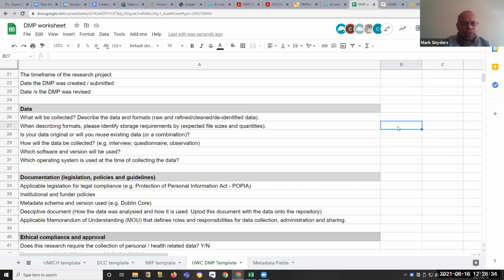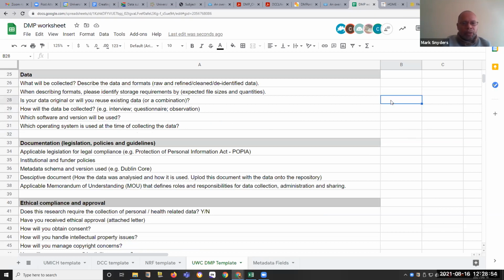Okay, so when describing your data formats, identify a storage requirement or what you expect in terms of your file size and how many files are going to be required. Is your data original, or will you reuse existing data, or a combination?